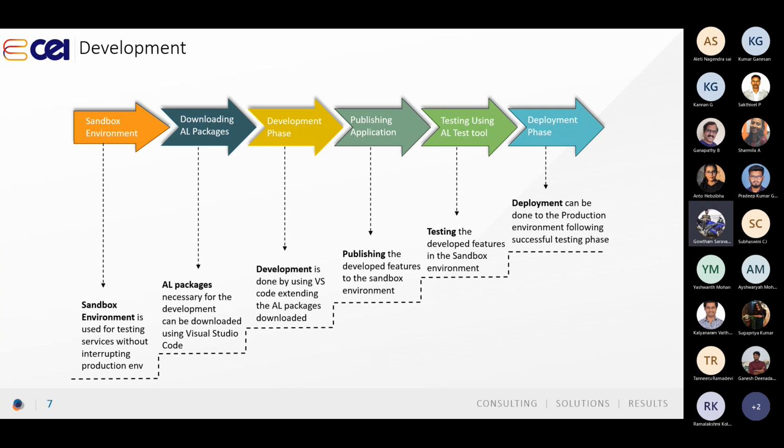Okay, followed by development is the publishing phase, where we'll be publishing the customized application to the sandbox environment. Once the publishing is done, whatever customization we have done, the newly added field in the page and the customized table, will be reflected in the sandbox environment. Okay, once the application is published to the sandbox environment, testing phase,